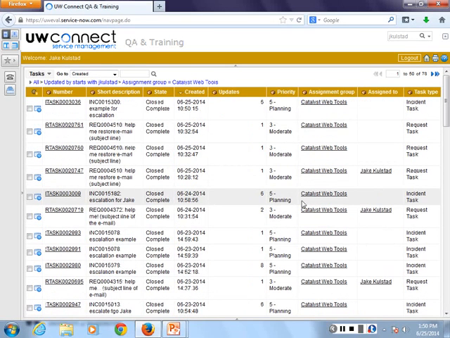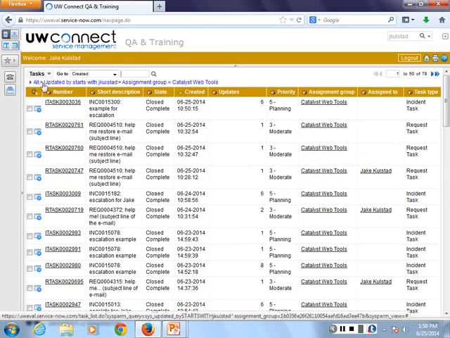And I just wanted to point out that as you do that, you are essentially building a filter as you go. So if you look at your breadcrumbs, I've got all records updated by me in the assignment group of Catalyst. So I can drill down and actually do sorts and filters on the database quite quickly. I also have the ability to click on the greater than symbol to eliminate any element of that filter.